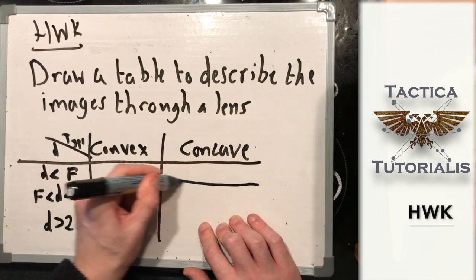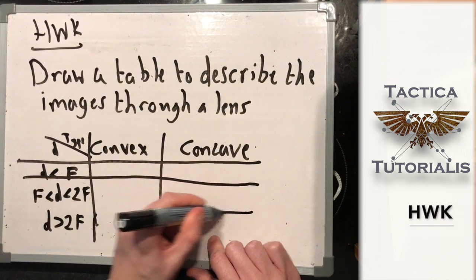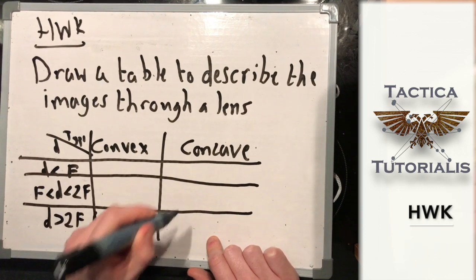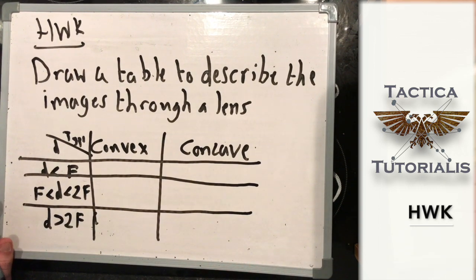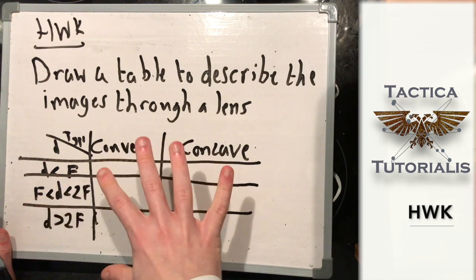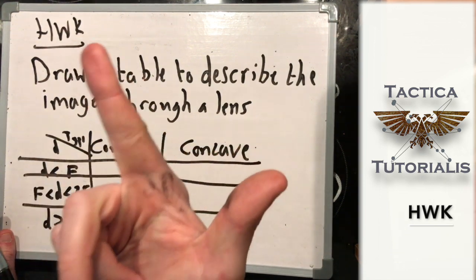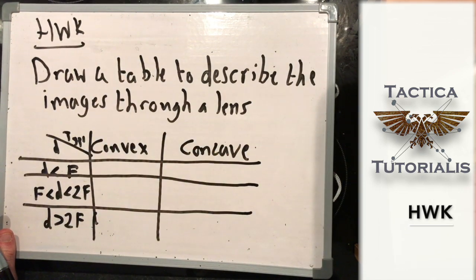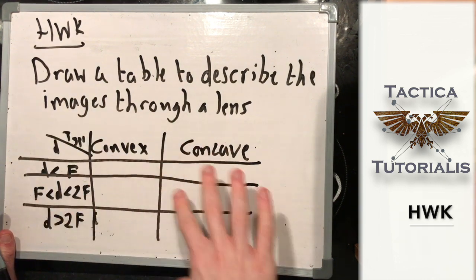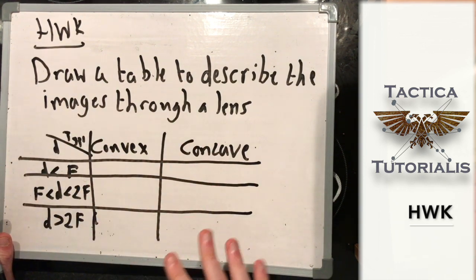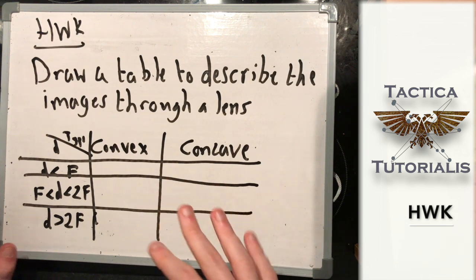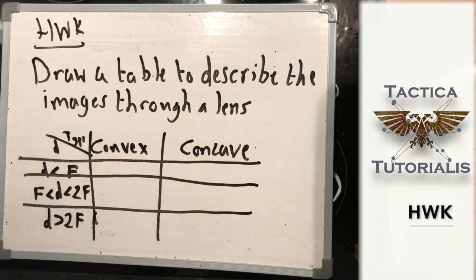You'll draw a slightly bigger table than this because I've not got a lot of space. And I'd like you, in each of the boxes in the table, to describe the properties of each of the images, so real or virtual, magnified or diminished, and inverted or right way up, in these six boxes in the table. Hopefully that will not take you long. You can go back through the video if you need to remind yourself of any notes. And that is it. That is everything I think I need to teach you